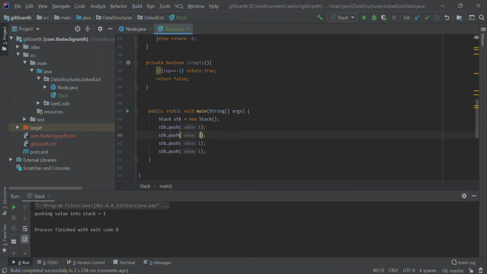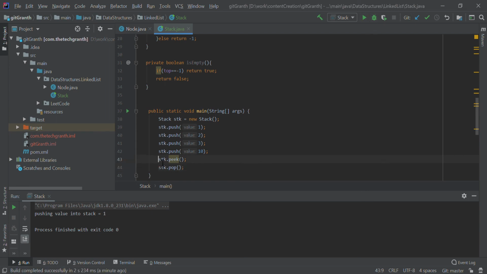So we'll push 2, we'll push 3, and then we'll push 10 here, and then we will say stk dot peek, and then we'll say stk dot pop. So peek and pop here both should return the same value because I'm first peeking and then I'm doing the pop.